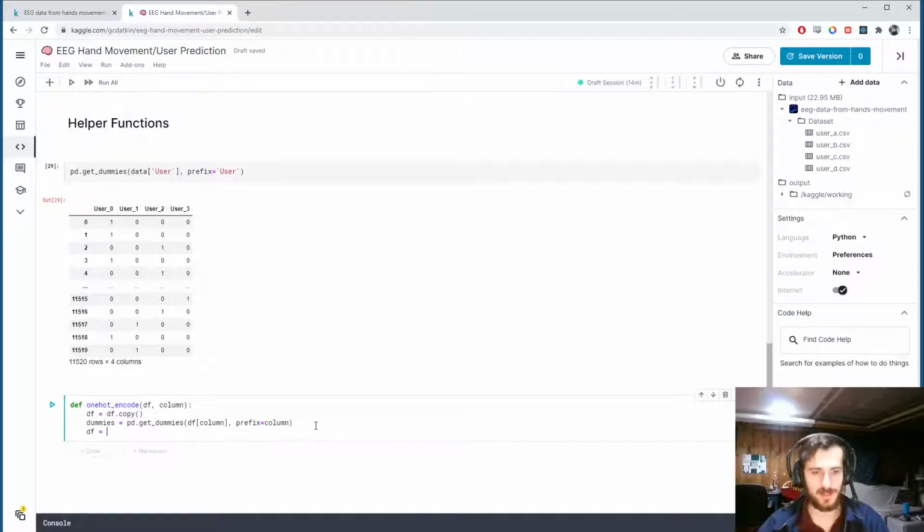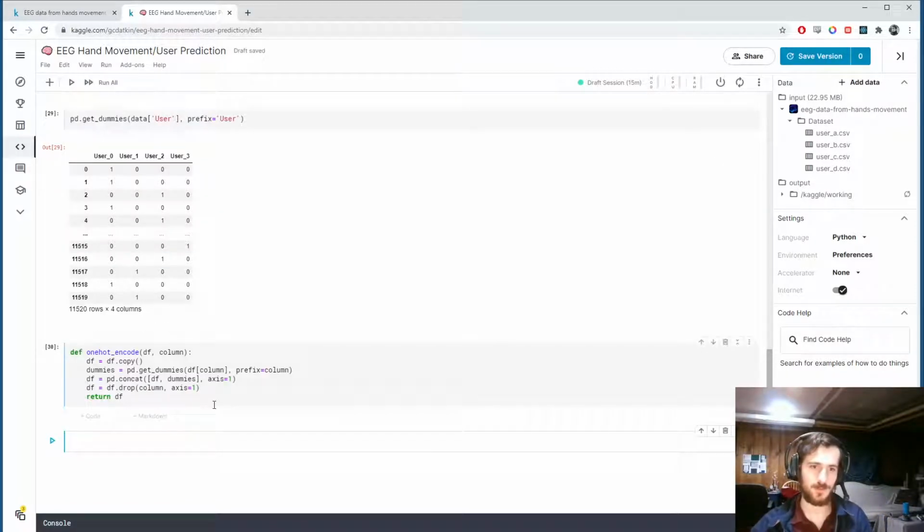Alright, then we're going to take our data frame and concatenate together the original data frame and the new dummies columns side by side, so axis is 1. And then we will drop the original column from which we created the dummies. Sorry, axis is 1. And then we will return df. So this one-hot encode should work. Let's test it out